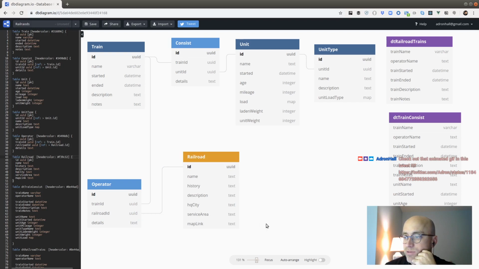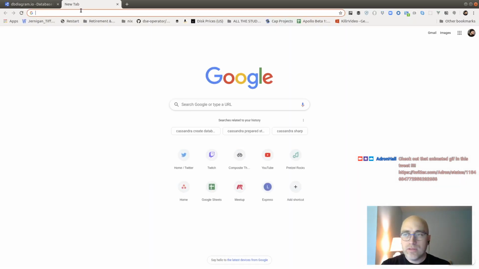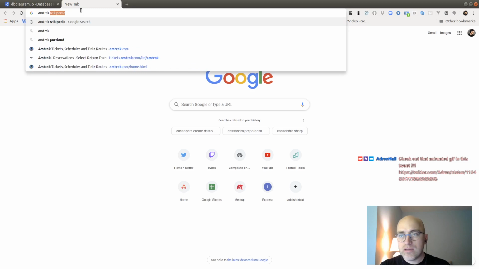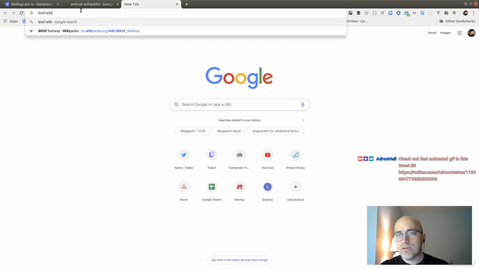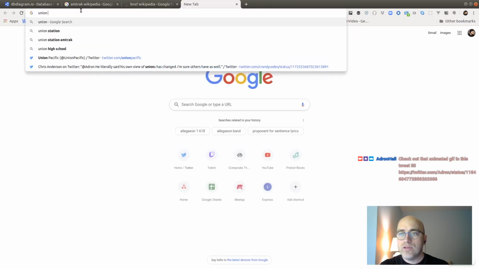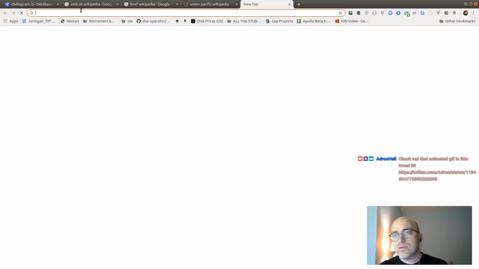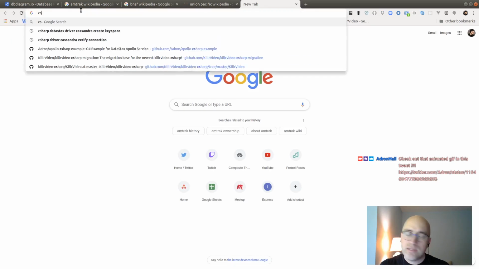Railroads are basically something like, if you know anything about trains, which we'll do as we go. So we got Amtrak, Wikipedia, we got BNSF, we're going to do Wikipedia on them too. And then we got Union Pacific, Wikipedia, and then we got CSX, Wikipedia.